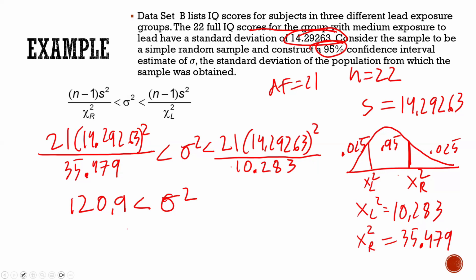So then I just type out my other chi-squared value, which was 10.283. And I got roughly... now